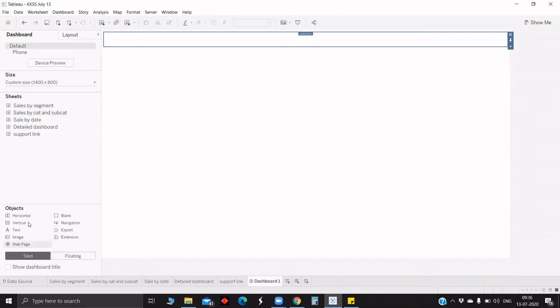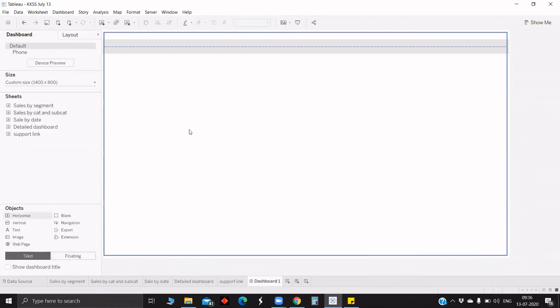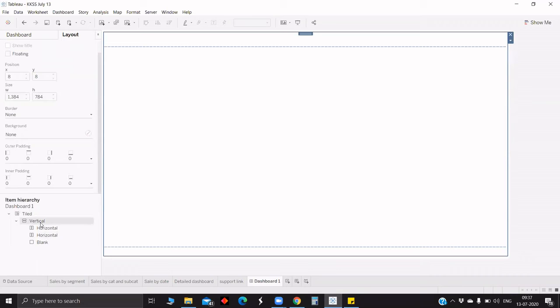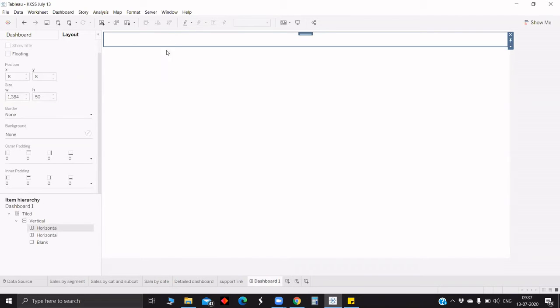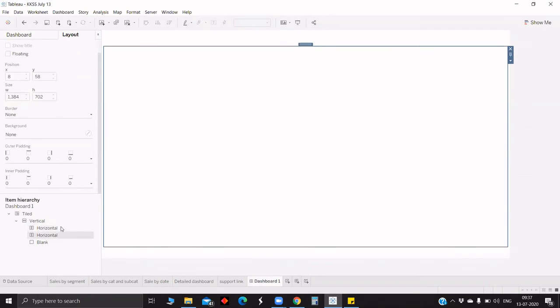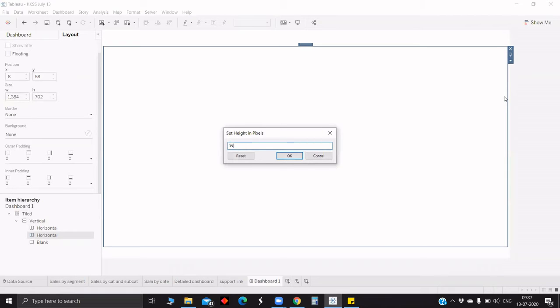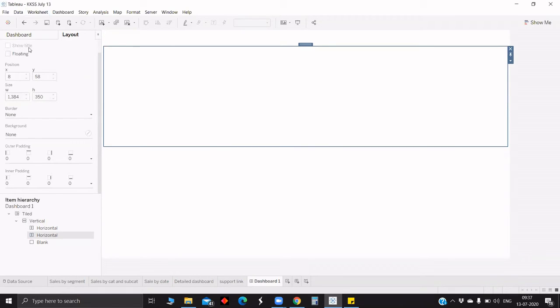Now we will again pull horizontal and next. What happens here is that now you can see first there is a vertical and inside that there is a horizontal at the top, and next again we have a horizontal and in that there is a blank. Okay, so now we will try to edit the height of this horizontal, maybe 350.